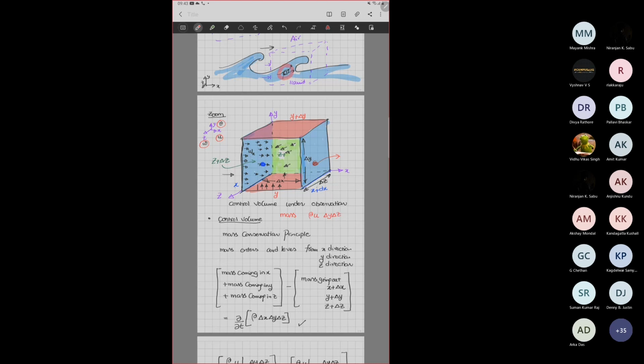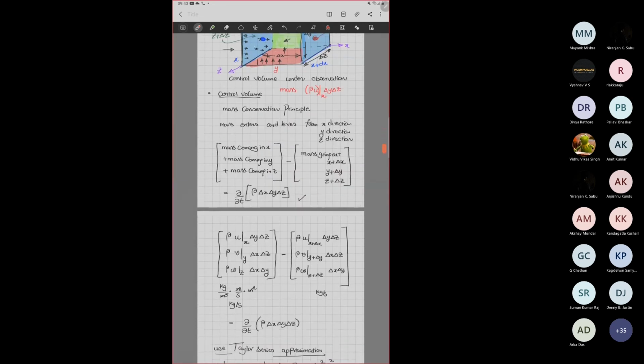So when you fix delta y, delta z as an observer, my mass is always a function of x. That means my entire rho u is a function of x. In that case, what I am supposed to do is expand this entire thing in terms of rho u's, rho v's, rho w's. Expand together